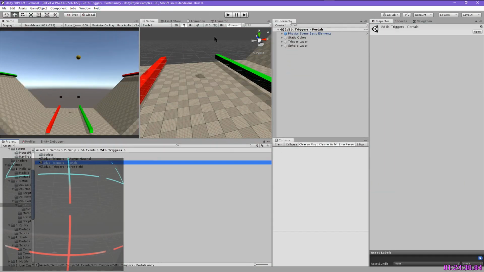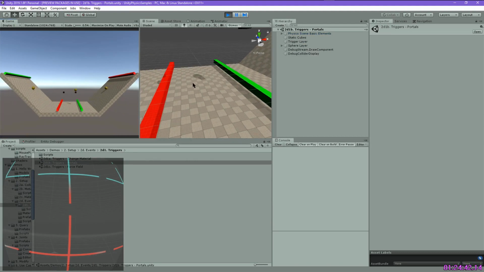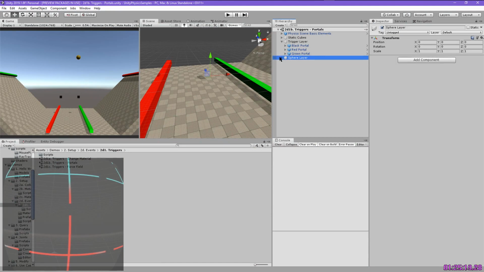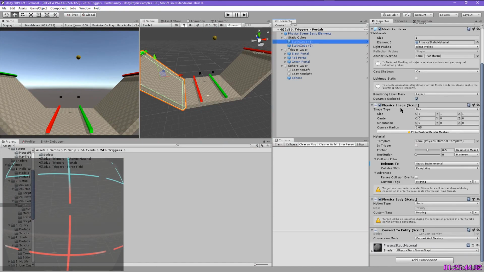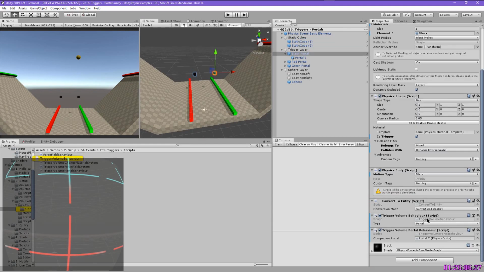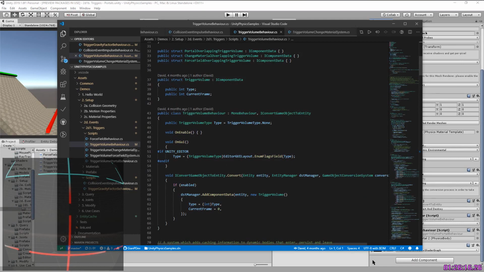Anyway, the next one is portals. And we don't have to go through that code again because it's all the same code. Now we know these portals are triggers. And these static cubes are just the floor to collide with. So they have two scripts. The trigger volume, like before, you could change the type. And the portal behavior,